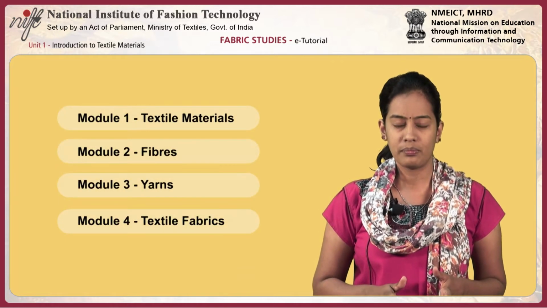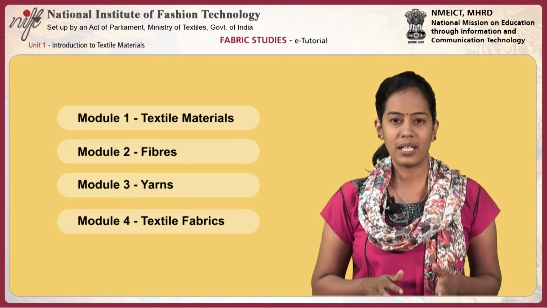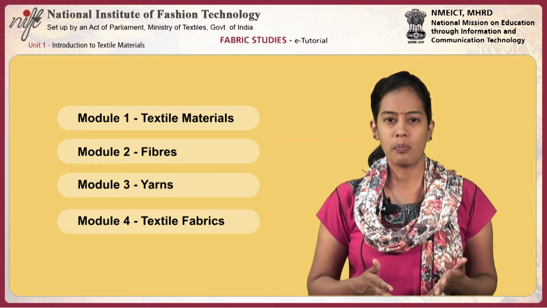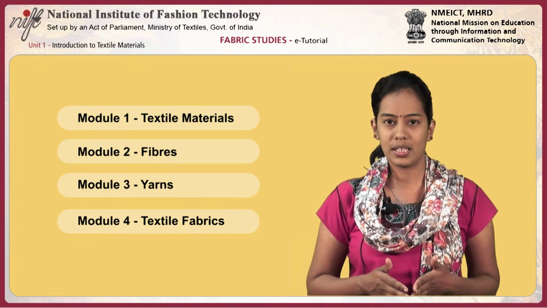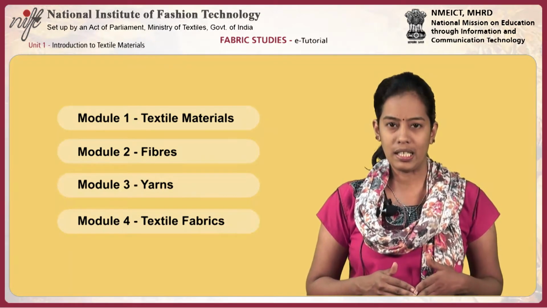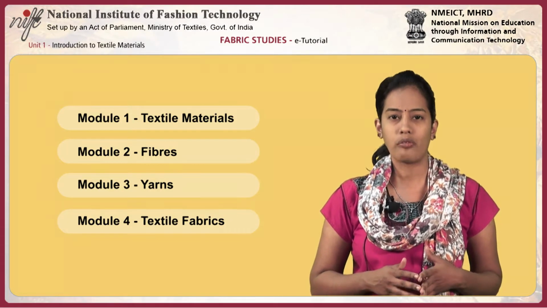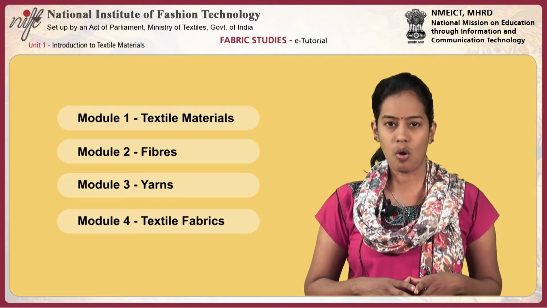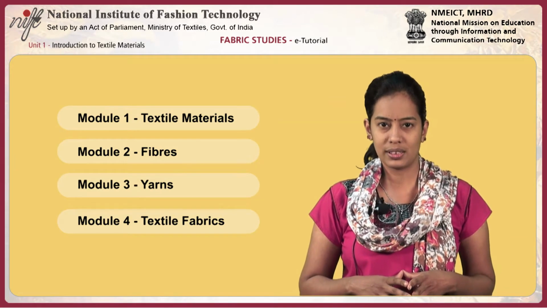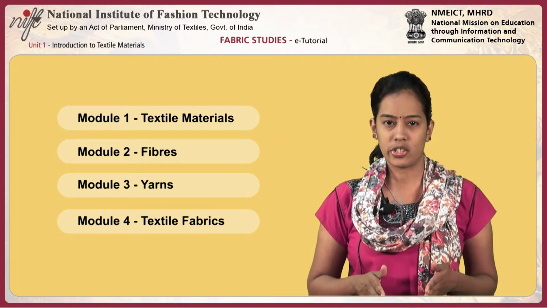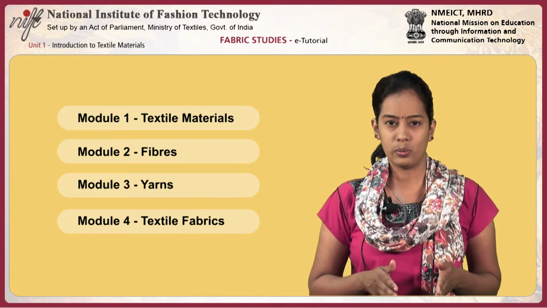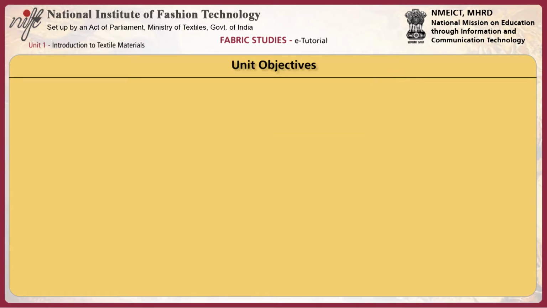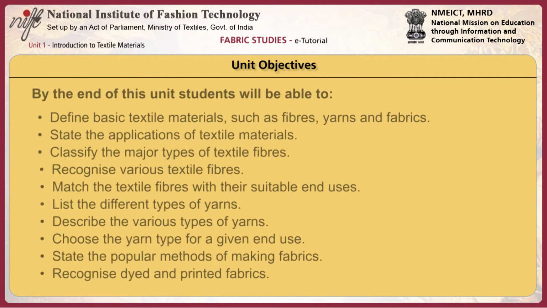During this unit, students will look at the basic components of a textile fabric, which is important to learn the durability, hand, feel and look of the end product. This unit comprises 4 modules and a final review section that invites you to reflect on what you have learned. By the end of this unit, students will be able to